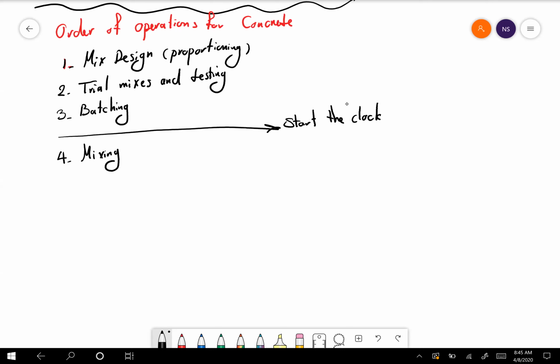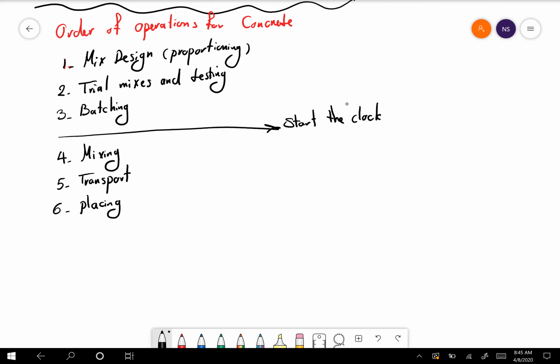So after mixing, you transport the concrete, and then we have placing of the concrete at the project site or at the construction site,